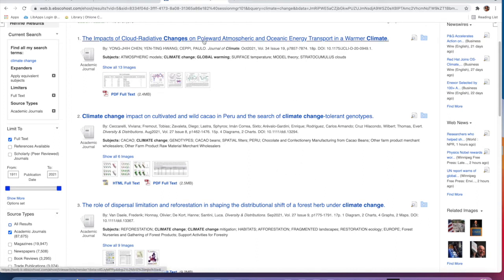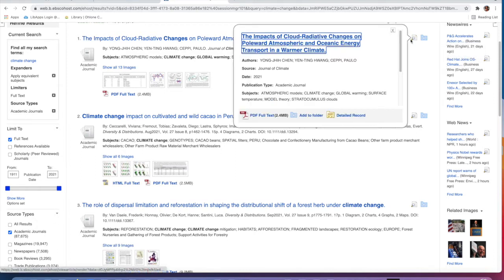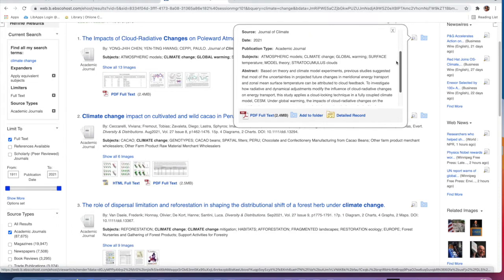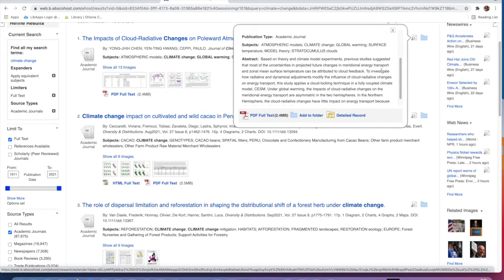So a couple of things to point out. Here's the title. Don't click on the title though. That's just going to give you more information on the article. You want to click on full text. But before we click on full text to get into the article, I want to show you where the abstract is. See this paper with the magnifying glass? You're hovering over that. And then you get the abstract, which is a summary of the article. Read that, get a sense on if it's going to help you or not, and then move on.